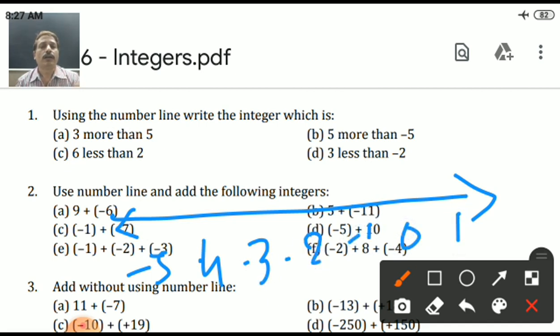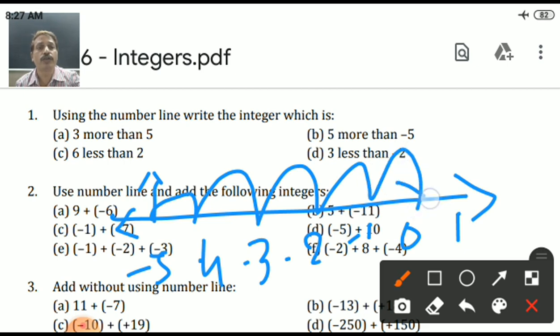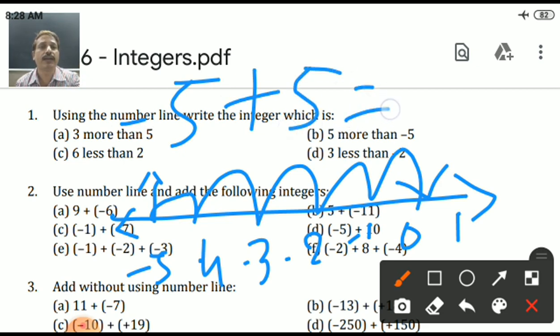Where you are on 5, -5 पे खड़े बेटा. And how many you have to move? 5 more. More means right side jump करना है. 1, 2, 3, 4 and 5. Where you reach here? On 0. Let's check. -5 and +5. What will be the answer beta? 0. Yes, according to the mathematics and according to the number line, our both answers are right. That's why there is no chance to lose the marks.